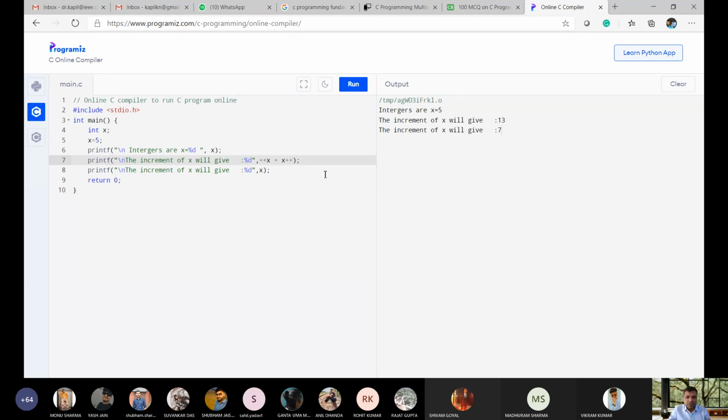Let me write this. So this is a bit of a special concept, and this is known as a stack. So I'm showing you this concept.